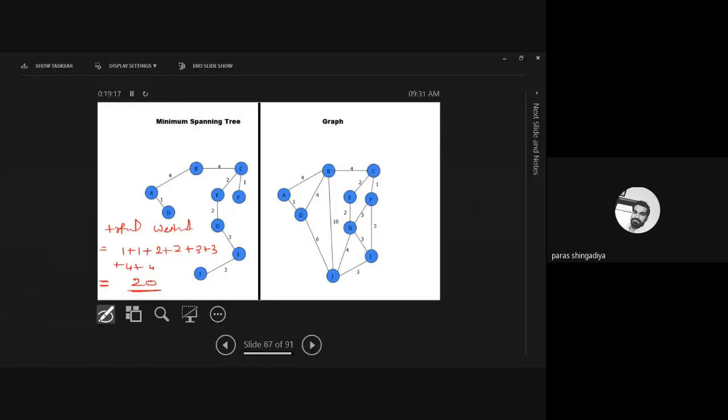So that type of questions is asked for 6 to 8 marks. It depends on the graph, how many edges, how much data there is. If it includes more data, more vertices as well as weights, it will be asked for 8 marks. Otherwise, if it is a simple graph with 5 to 6 vertices and some edges with weights, and you have to apply the Kruskal algorithm to derive the minimum possible total weight, it will be asked for 6 marks.